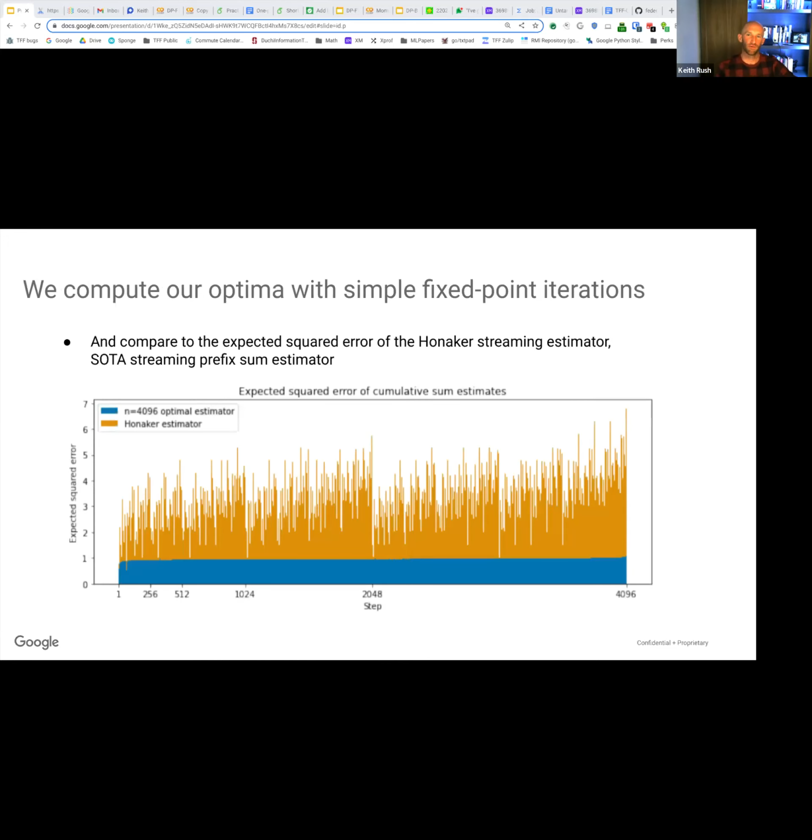So, okay, as I said, we can compute these optima very easily, these streaming optima. And so we can compare with, to the best of our knowledge, the state-of-the-art streaming prefix sum estimator, which is this Hanukkah estimator from below, and it looks a lot better, right? So the difference in expected squared error between these two is really about a factor of 4. We usually measure it as the square root of the expected squared error, and it's about a factor of 2. But there's also an interesting point that I think we want to call your attention to